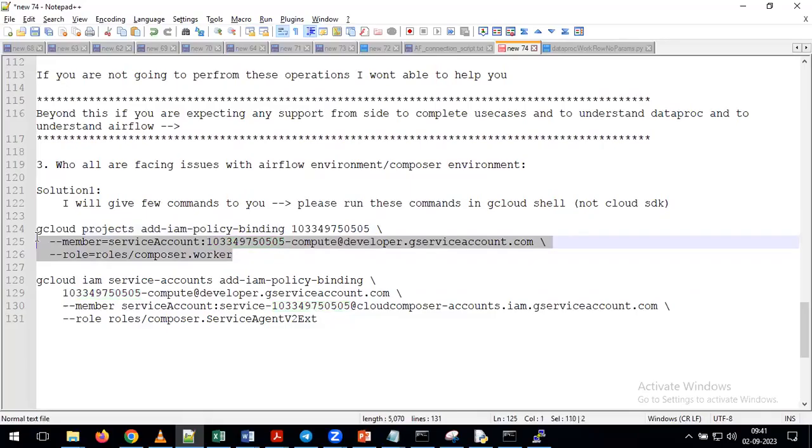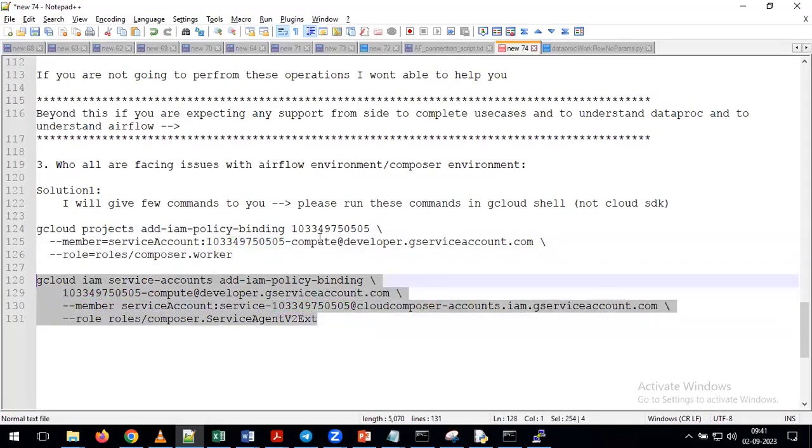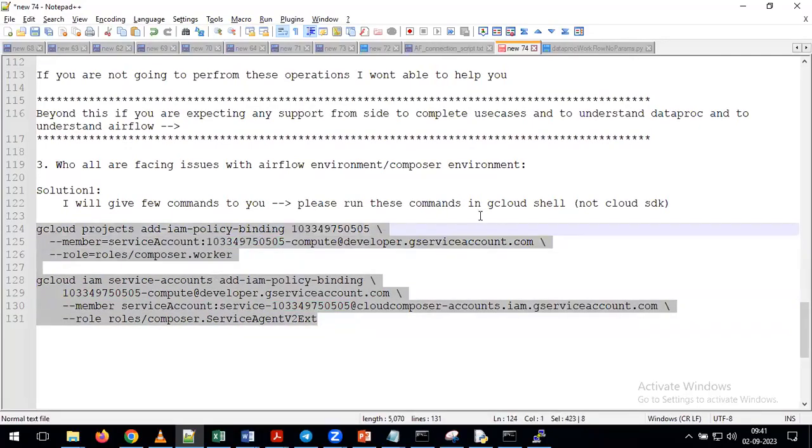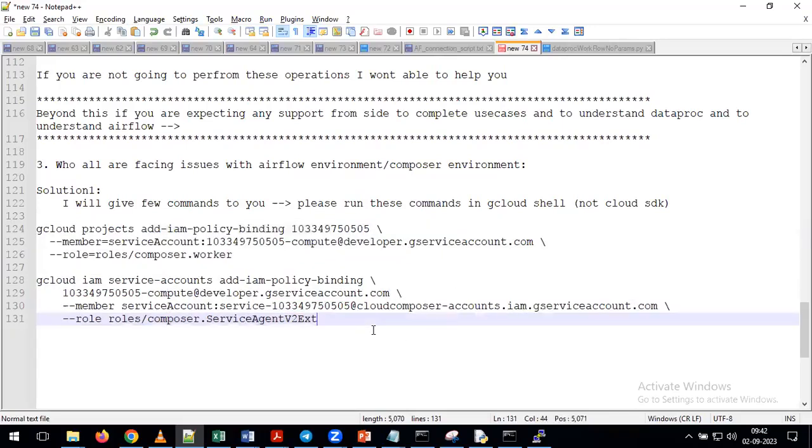commands at a time. Again, I'm repeating the statement. This is the command 1 and this is the command 2. In the command 1, you have to change your project number 2 times. In the command 2, you have to change the project number 2 times. And with that, you need to run both the commands from your G-Cloud shell. Okay. After that,